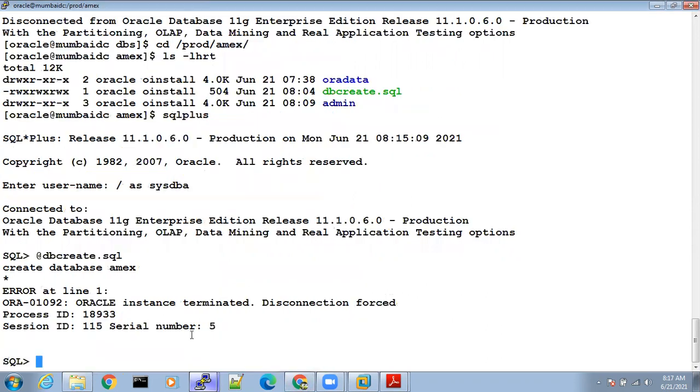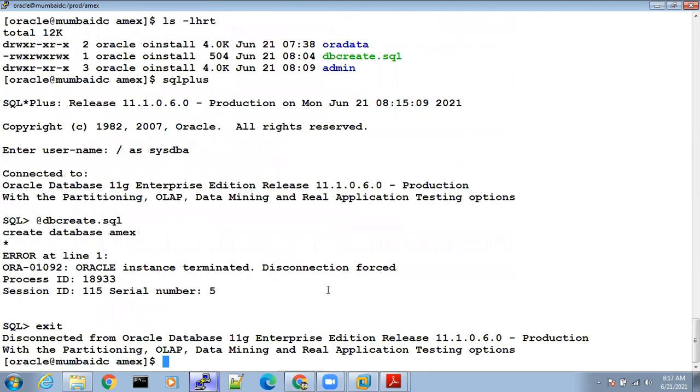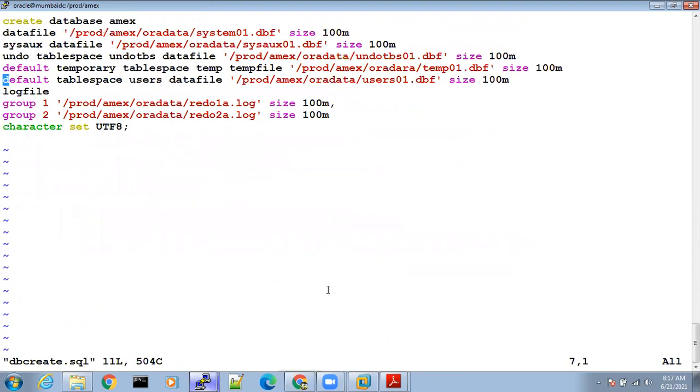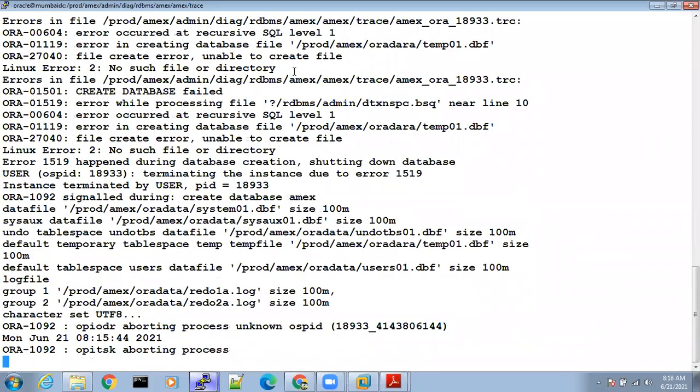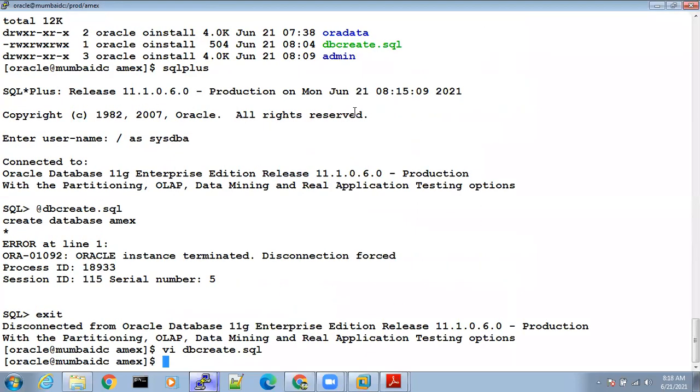So what do we have to do now? We have to exit, go to that location, vi dbcreate.sql, change it to Aura data and save it. Now, where are these files getting created? /prod/mx/Aura data, right?